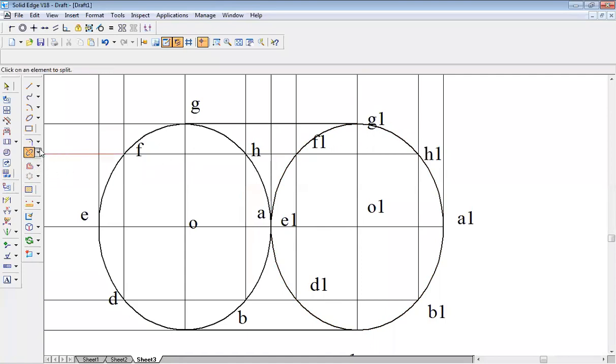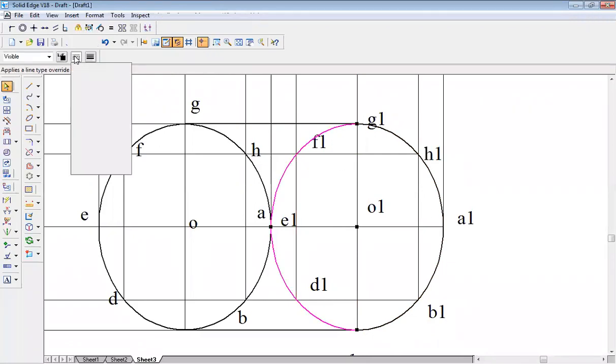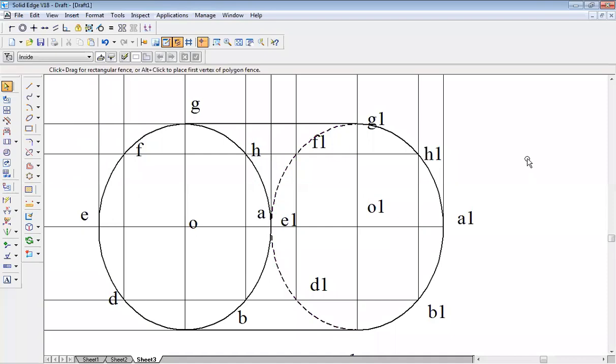Click on split command. First click is selecting the profile. Second click is the starting point. Third click is the ending point. So when I do it, observe it has got split. So just click on the half ellipse, change the line style to dotted line style. Automatically it will be changed. Okay, and that's all. You don't have to draw any line, top corner, bottom corner, nothing.